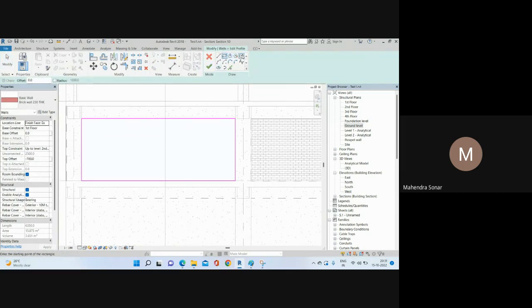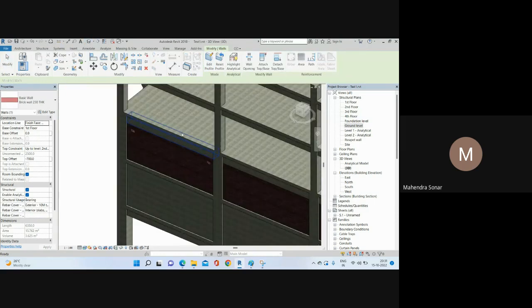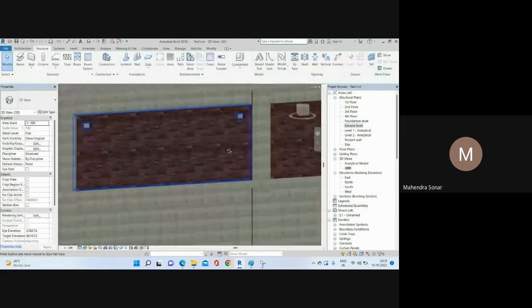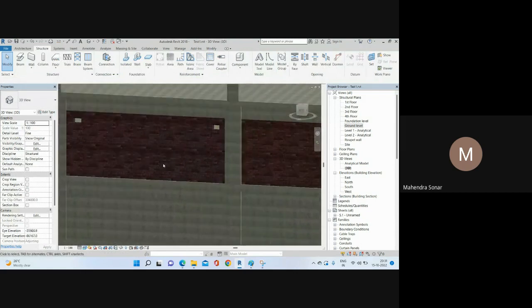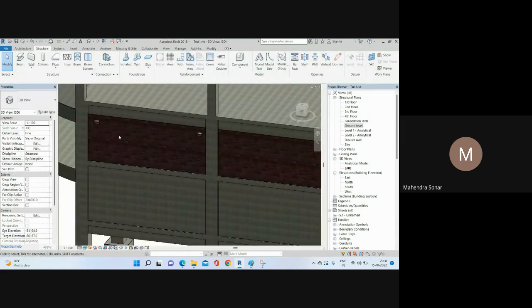You can use these different shapes, and then you can just add the opening here, and click here. Okay, so you can see we have added the wall here. Suppose I want to add a window here. If you want to add a proper window,